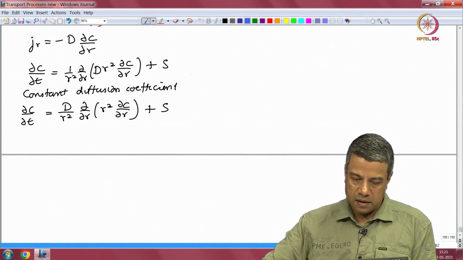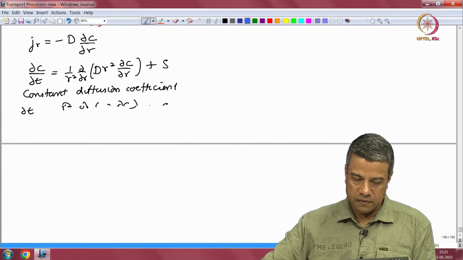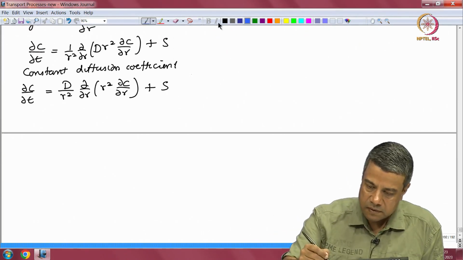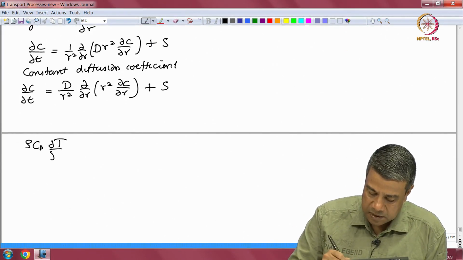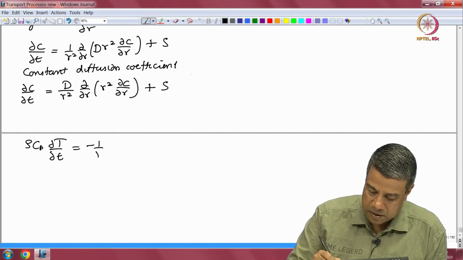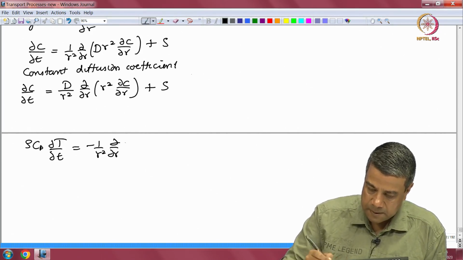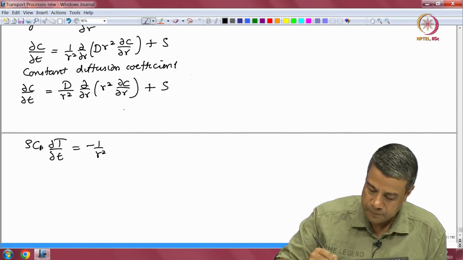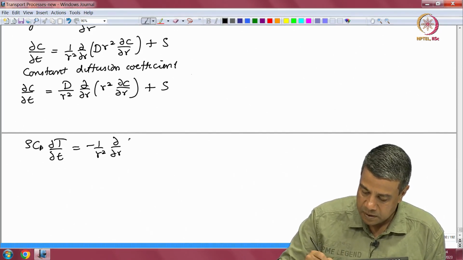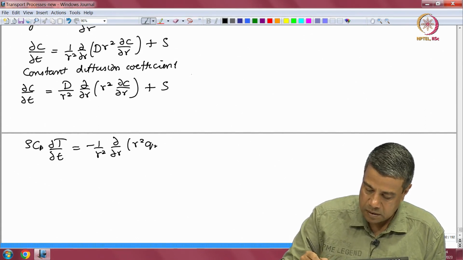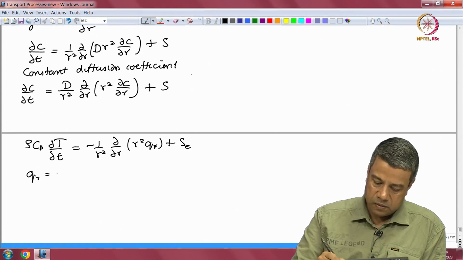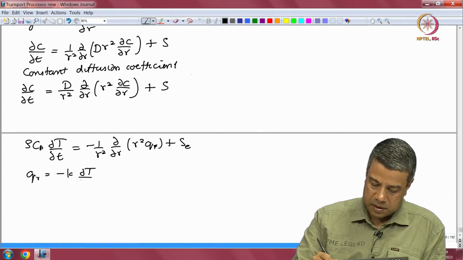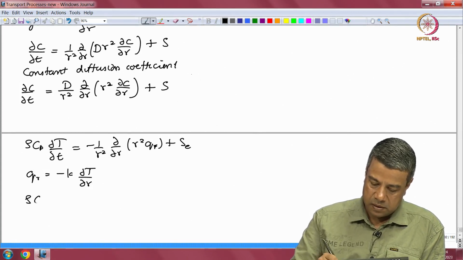So, you can get equivalent relations for the temperature. For the energy balance, it will be rho Cp partial T by partial t is equal to minus 1 over r square d by dr of r square q r plus Se. q r is equal to minus k partial T by partial r, which will give me the equation rho Cp partial T by partial t is equal to